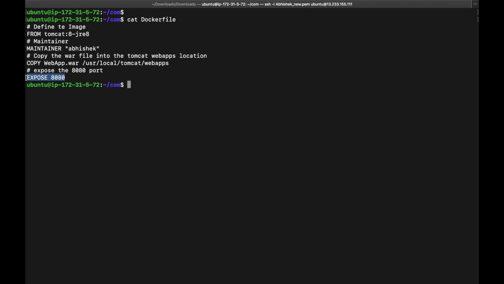So when we are executing this Dockerfile, it will create one custom image of Tomcat, and once the custom image is created, we are creating a new container with the help of that Docker custom image. Okay, so